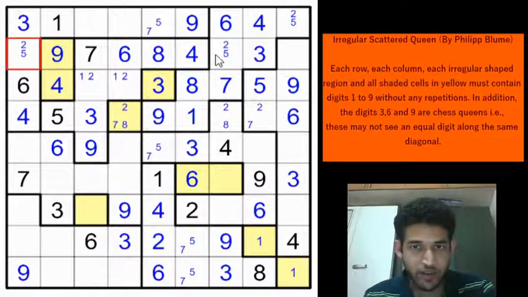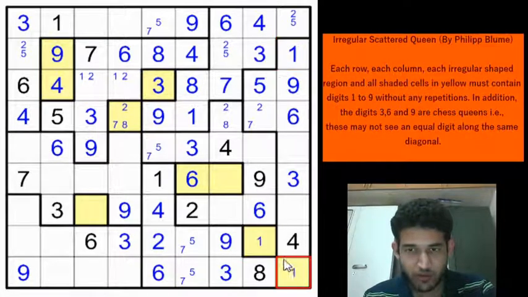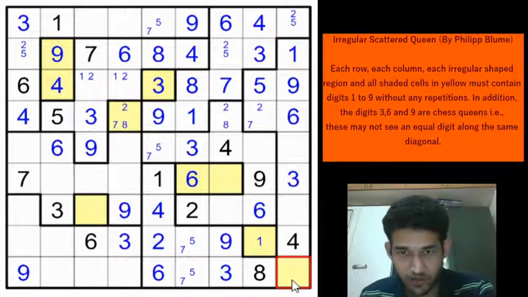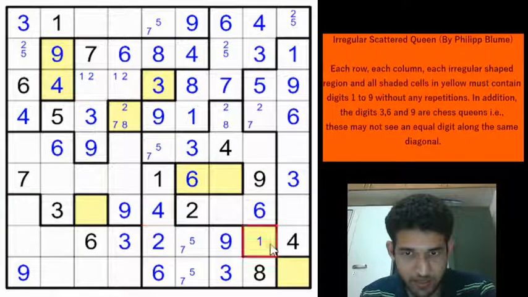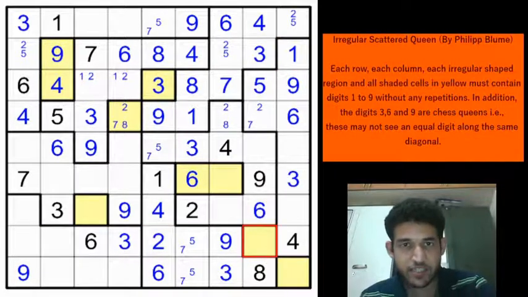And now we have a 2, 5 pair in row 2. The only digit left in row 2 is 1. We can mark that here. And that eliminates the 1 from one of these 2 cells because we have a 1 here. And that eliminates the 1 from here. If you remember, these 3 cells will be the same as these 3 cells. So because of the 1 here, we can eliminate the 1 from here and place the 1 here.